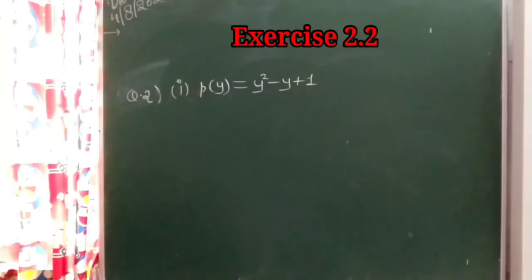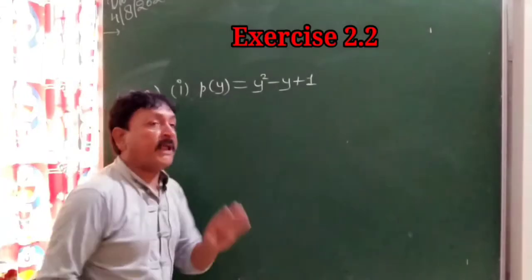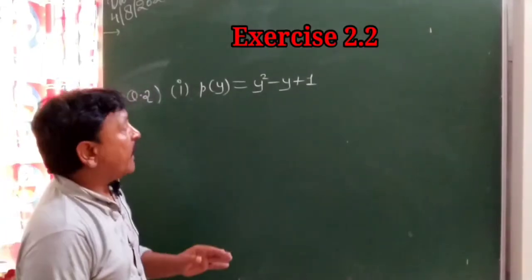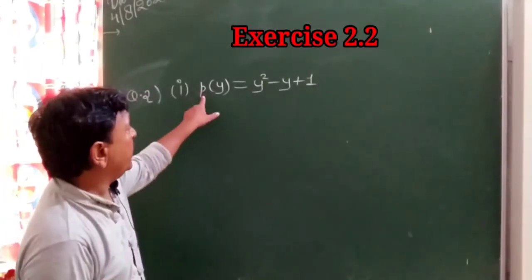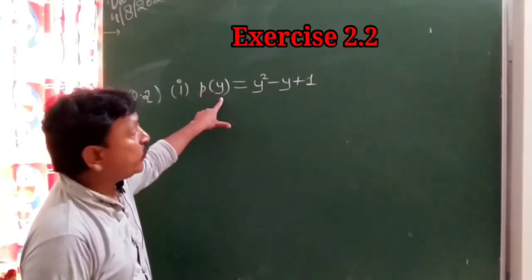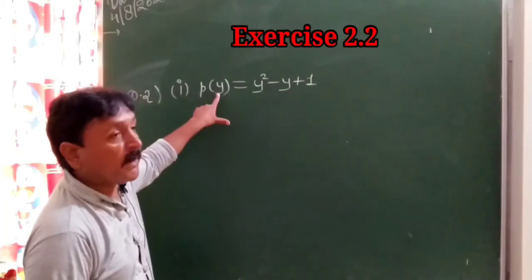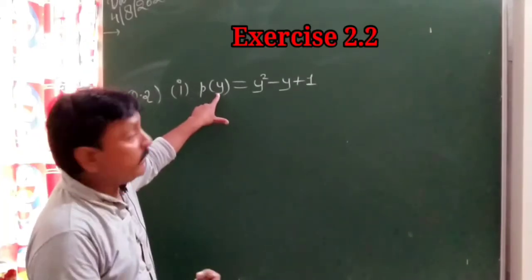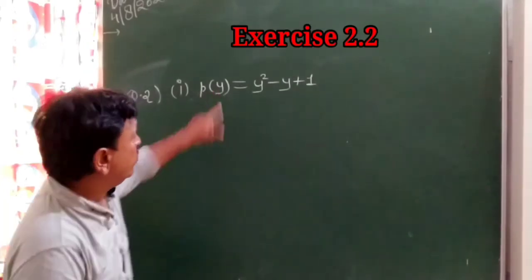Now students, come to question number 2. Question number 2 says, find P0, P1 and P2 for each of the following polynomials. It means in this question number 2 we have 4 parts. In all the parts, what do we have to find out? P0, P1 and P2. It means first of all we have to put 0 in place of y, then 1, then 2. See here,